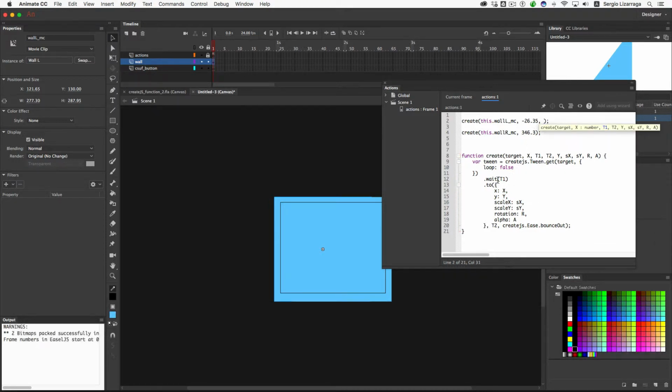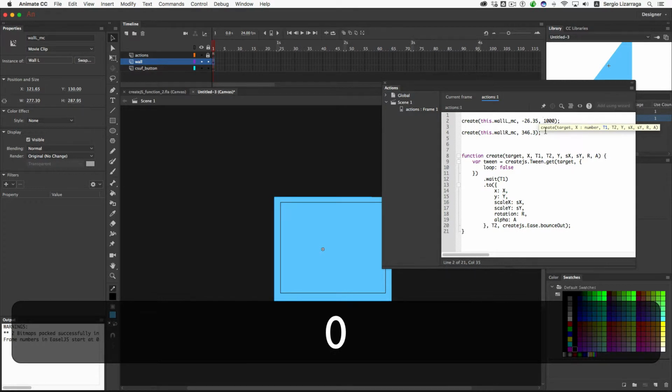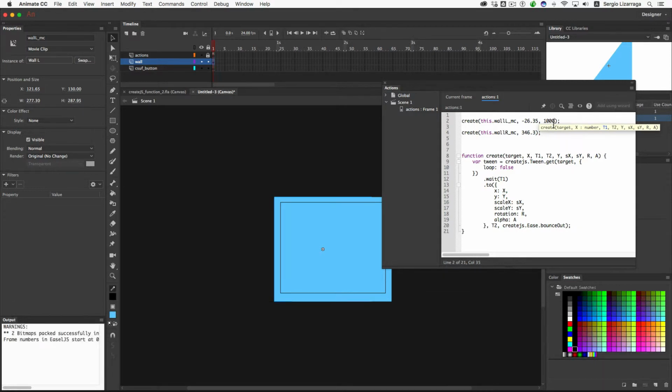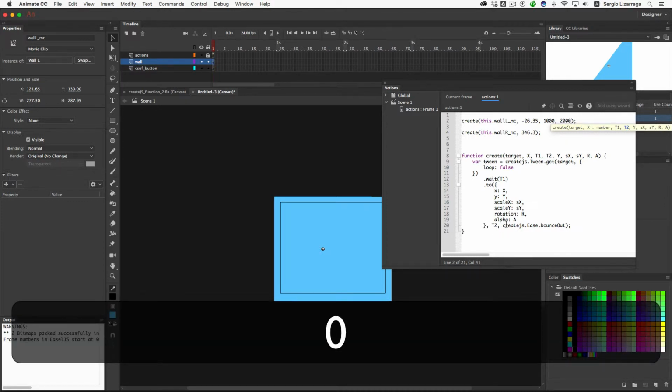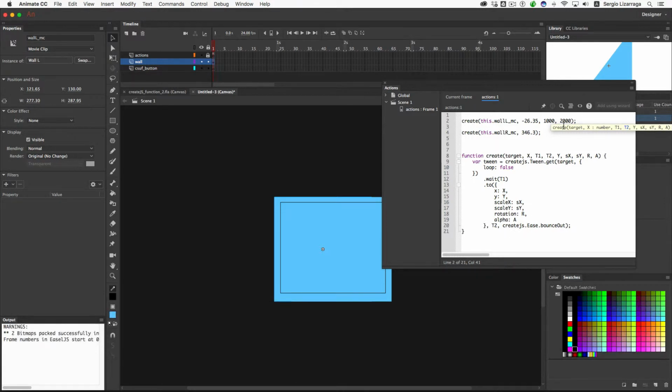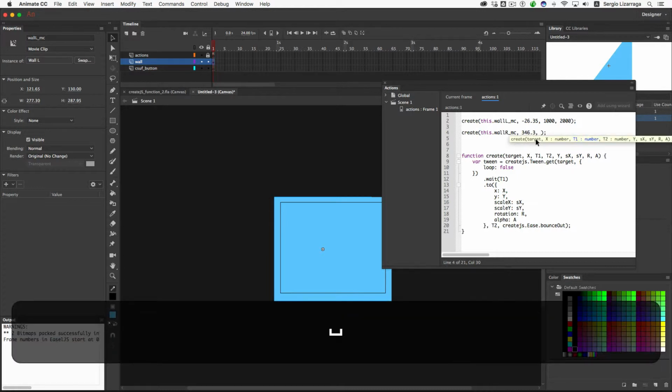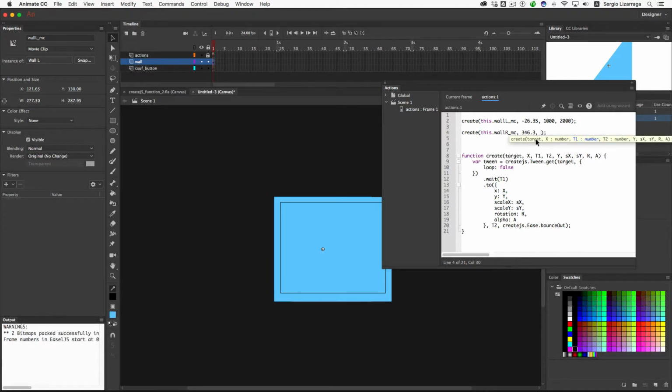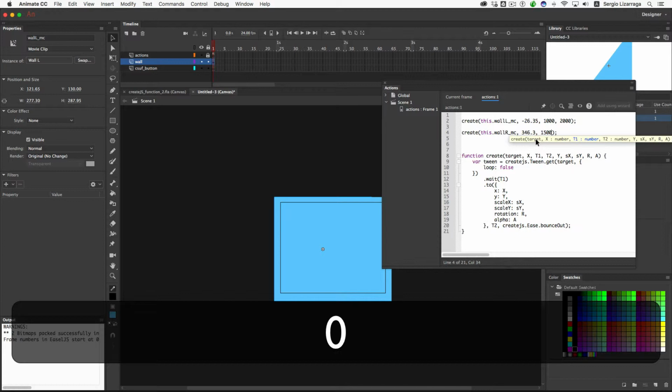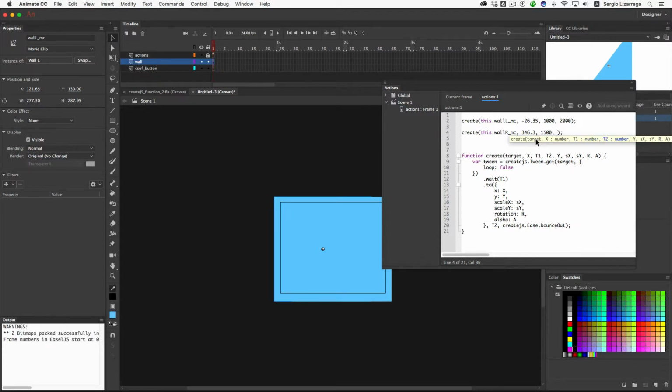And so this wait in here, the first wait, let's have it wait the 1 second that it had originally, and then followed by a comma. And now this is going to determine the speed, how long this lasts. So we'll let this last 2 full seconds. So it's going to wait a second, then it's going to take 2 seconds to open up. This one over here, we're going to have it wait a little bit longer. So we'll have it wait at 1500, so half a second off. And this one will move a little bit faster. So we'll make this,